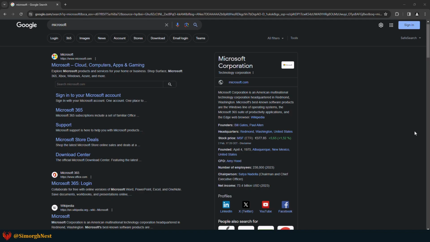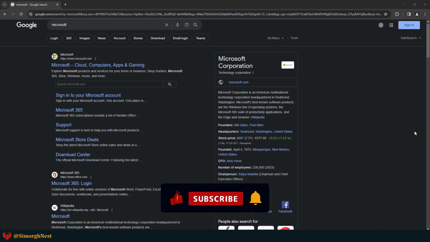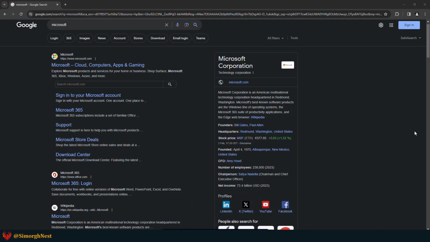Google considers the click-through rate, or CTR, to determine if we are a valuable result. When more users click on our result, Google thinks we are a good result and might improve our rankings. That's why it's important to optimize our meta description. Unfortunately, Google may not always show the exact description we wrote. But since there is a chance it will, it's always worth the effort to include it on our page.